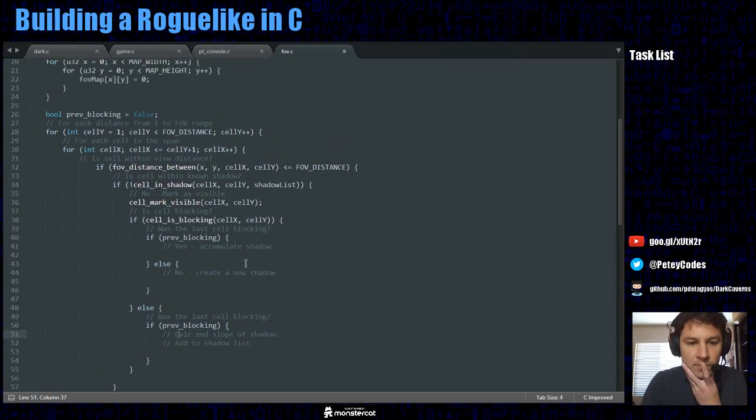So I think if the last cell is blocking, we want to accumulate the shadow, which also means this cell is blocking and the previous one was blocking. Accumulating the shadow isn't